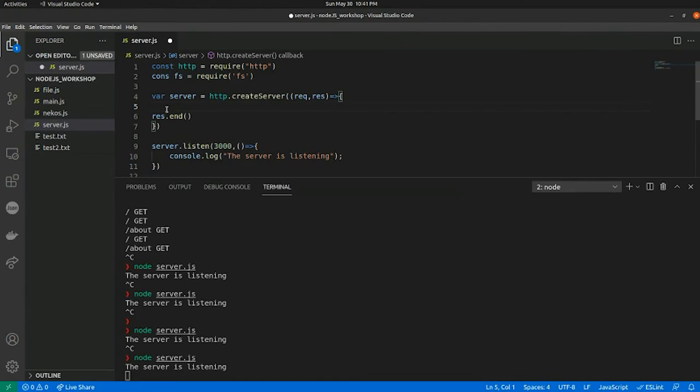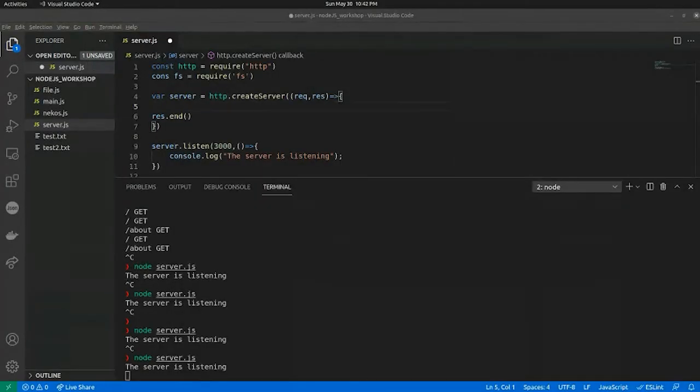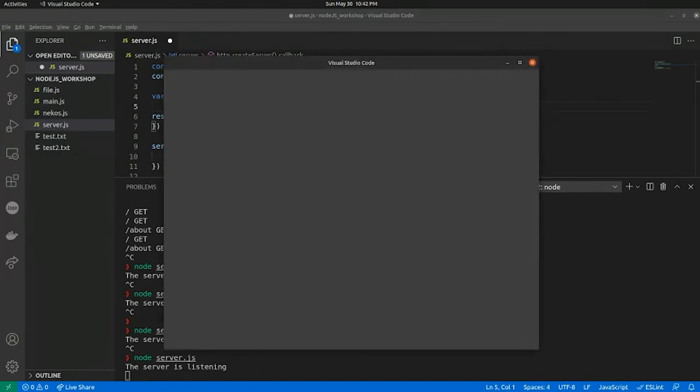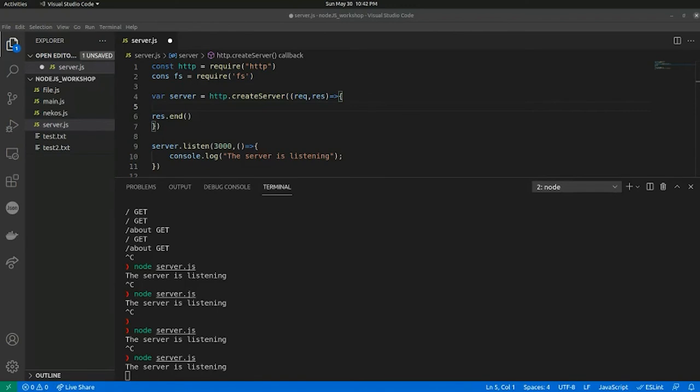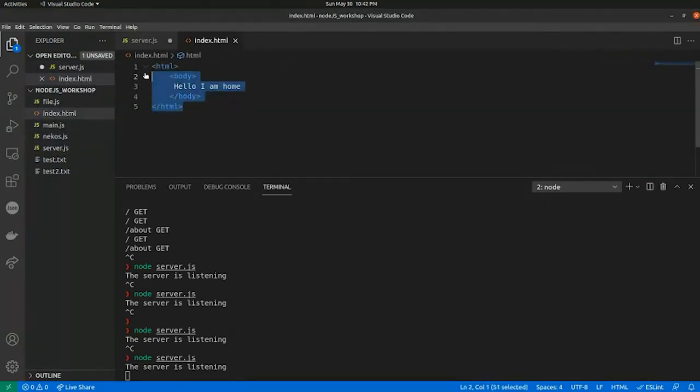Now, I already have an HTML file that I have created. I'll just be using that file from my PC. Let me just copy it. Yep. So I have an HTML file, which is this. I just copy it over here, and I have this small index.html. Now, if you want to render this HTML file into a response,